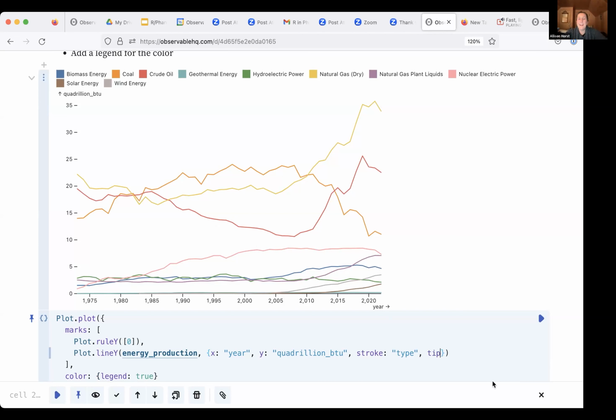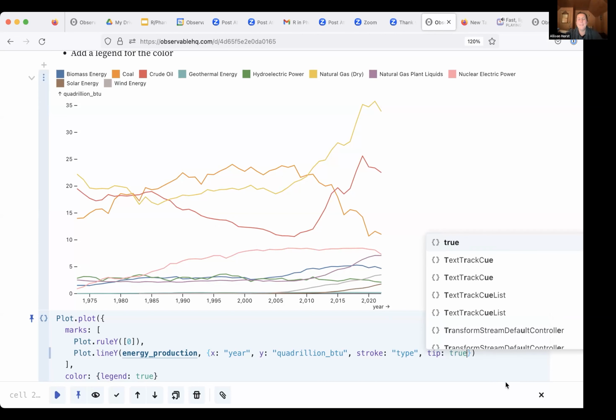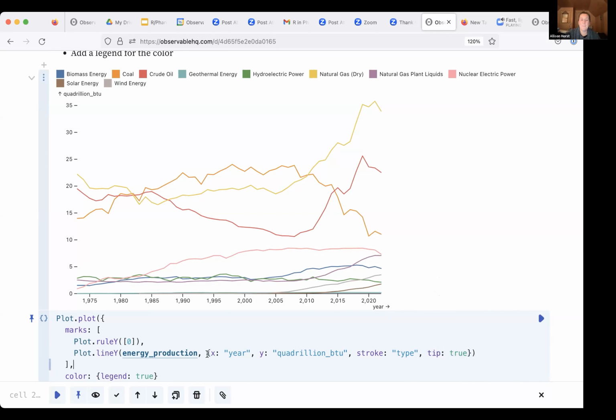If I add the option tip: true within my plot options for that line mark, that's all that I need to add an interactive tooltip based on existing channels. So if I run this with tip: true added, and then hover, now you can see that for any existing channels, in this case type, year, and quadrillion BTU,